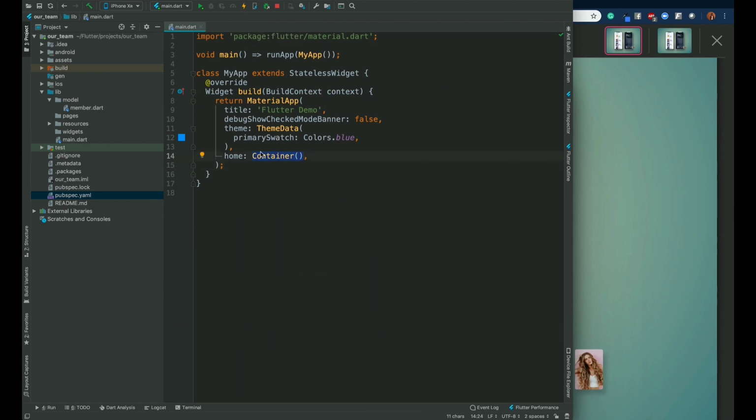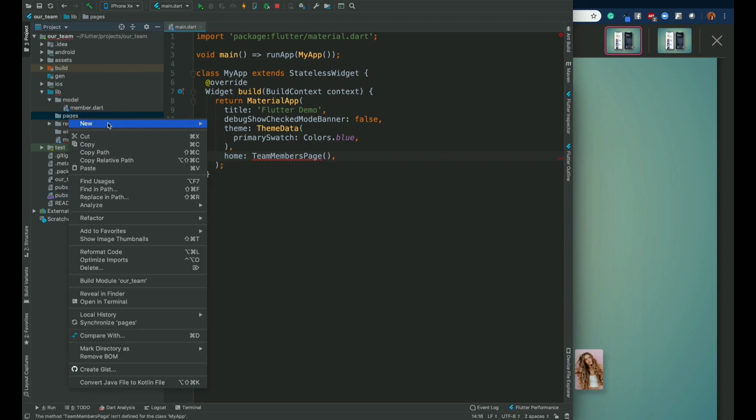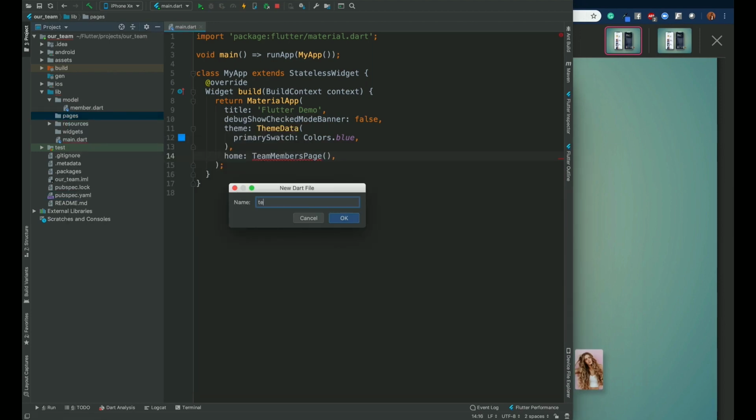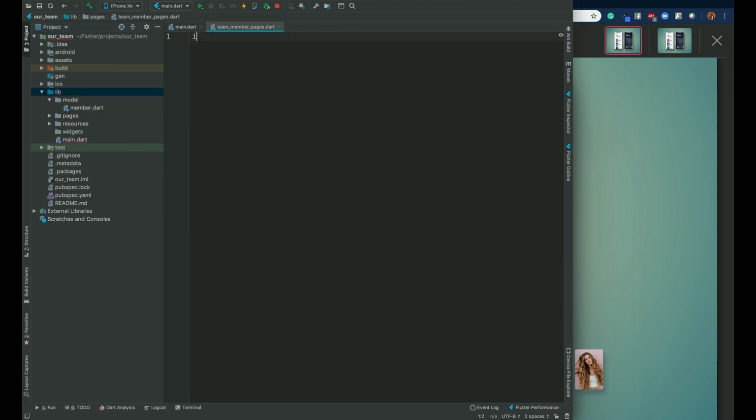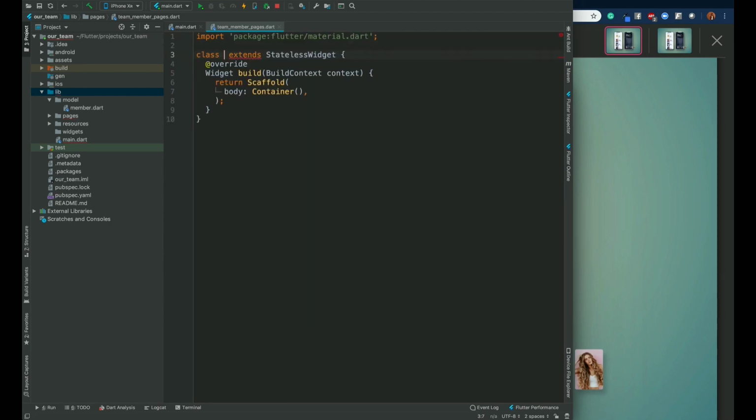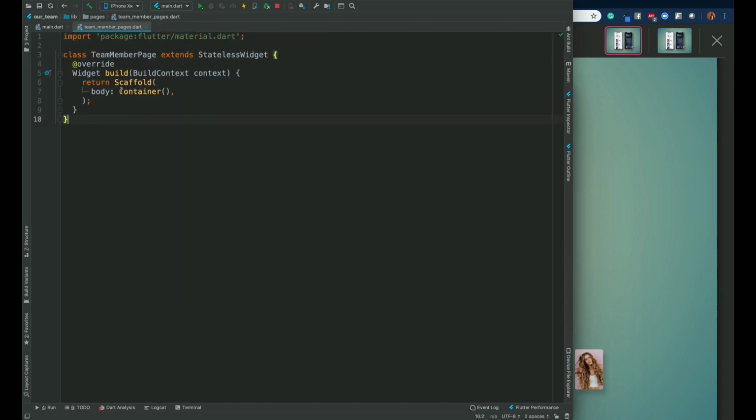First of all, I would like to add a team members page. I will go to my pages, I will go to new, stateless widget, and name it team member page. So what I have in this, I have an app bar,